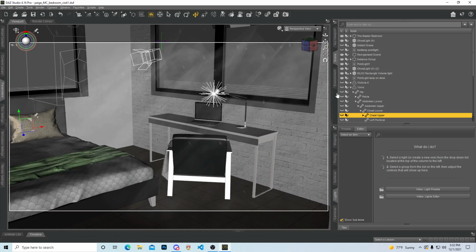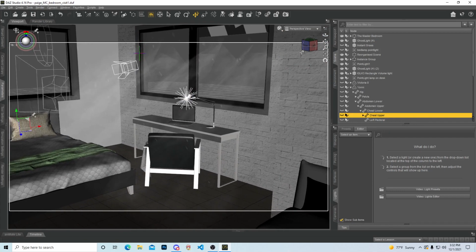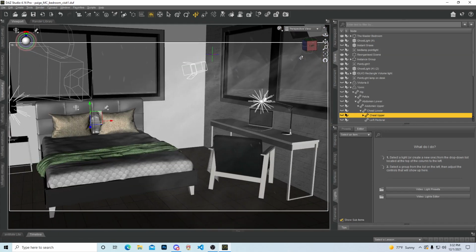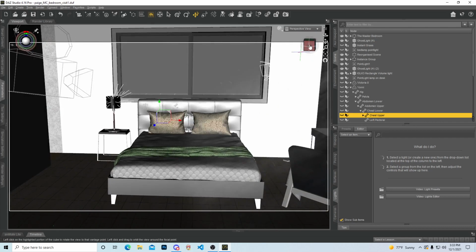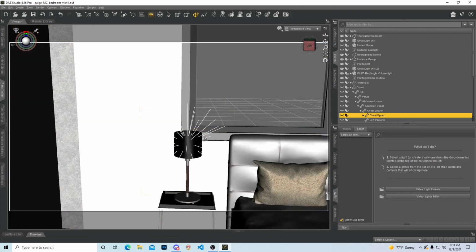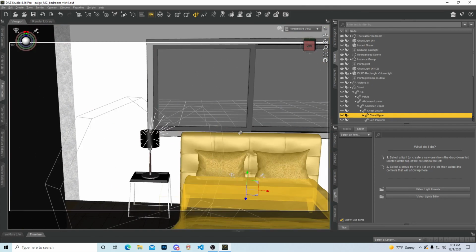I got a God ray type thing right here, just to throw in a little moonlight because it is a night scene. I love doing night scenes because it can really bring out a really good render. So I've actually grown accustomed to night scenes versus day scenes. When I first started, that was not the case at all. Anyways, before I get on a tangent, I got 2 point lights in here too. So I got one right here at the headlamp, and I got one over here at this headlamp. So these are